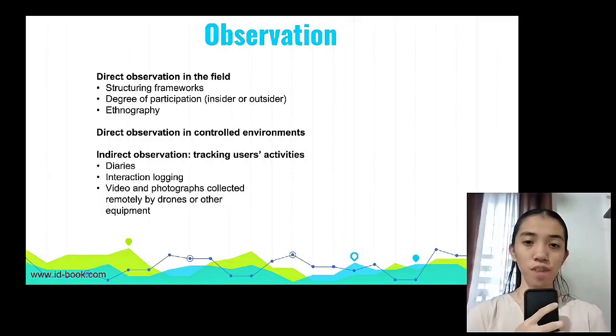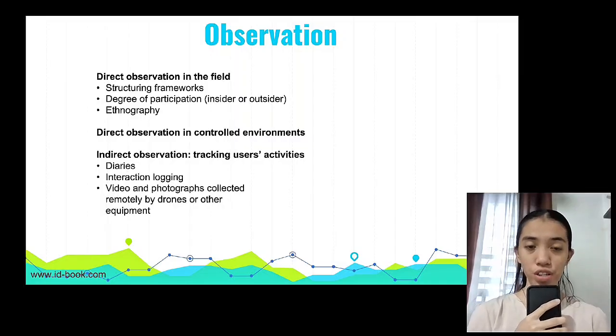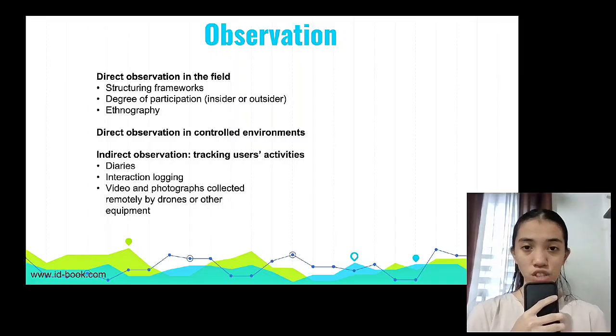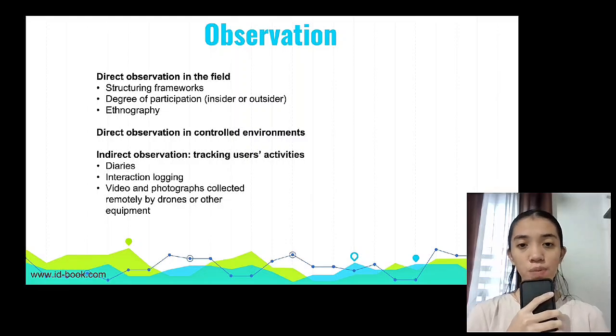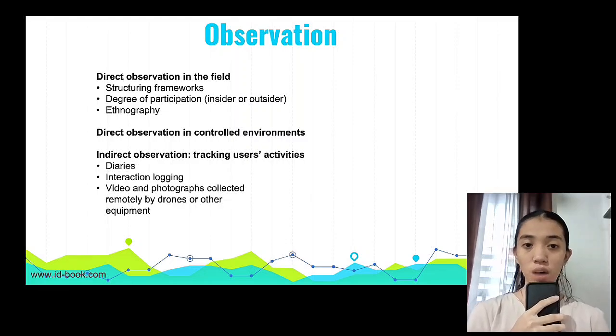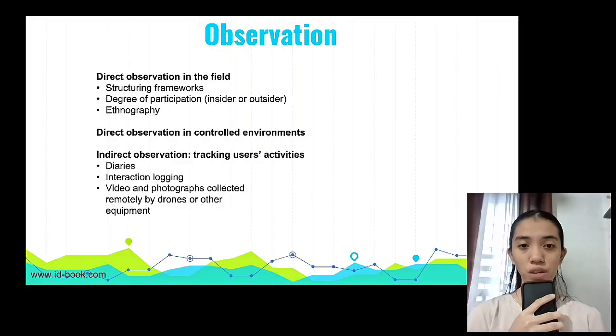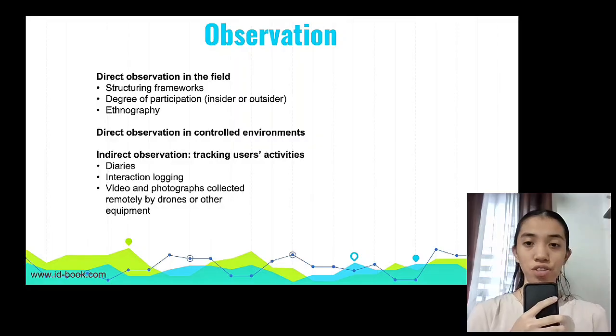Now, I move on to the observation section. Observation is a method where we watch users in order to understand how they actually behave, not just what they say they do. We can observe people directly in their real environment, like their workplace or home. We can also observe them in a controlled setting, such as a lab, where conditions are the same for everyone. There are also indirect methods like using diaries, activity logs, or tracking tools that record what users do over time. All of these methods help us discover real behaviors, habits, and challenges that users may not mention in interviews or